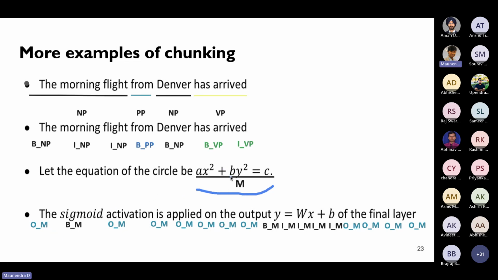So suppose this is a math symbol, and this sigmoid function is applied on the output y equal to wx plus b of the final layer. So this entire thing is math, and the other things we do not care about, we don't bother about that. So here,